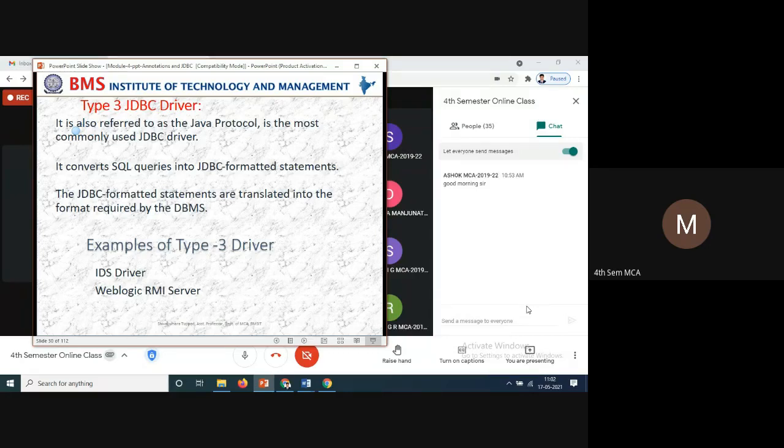So type 3 works like a protocol, and once you install the JDBC drivers, SQL commands and queries will be converted to JDBC formatted statements, and JDBC formatted statements are translated into the DBMS formatted way. That is what the JDBC drivers do for the third one. This is what you have to remember.